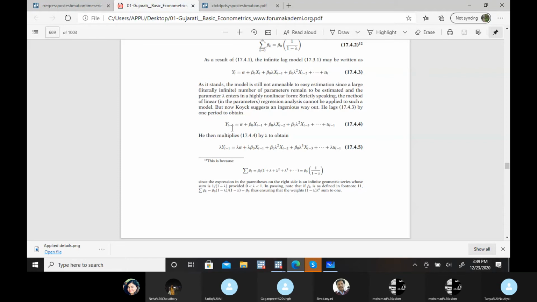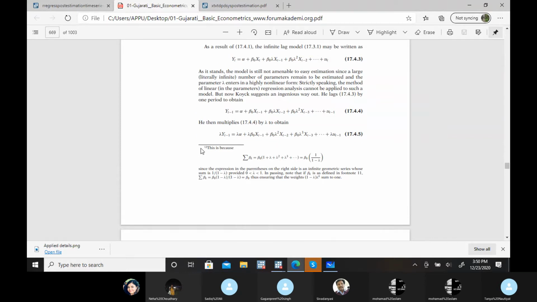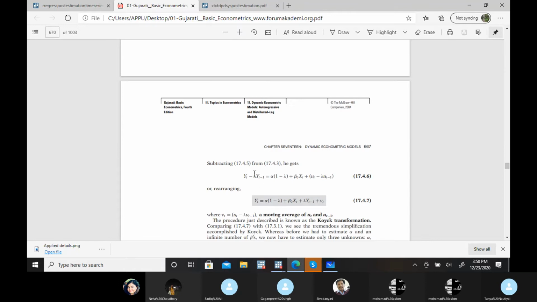So we have to take yt minus 1. Then it's not that 100% of yt minus 1 is going to impact this. There is some portion of it, right? Let's say that portion is lambda. So just subtract this portion from yt minus 1 and take it to the right hand side.